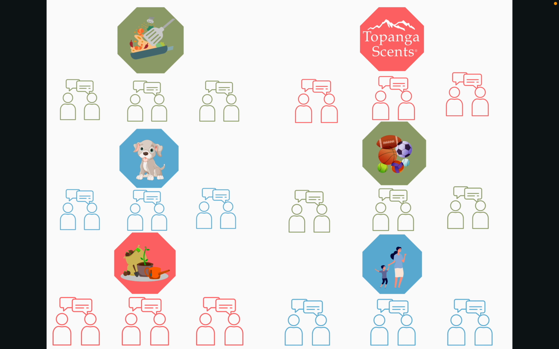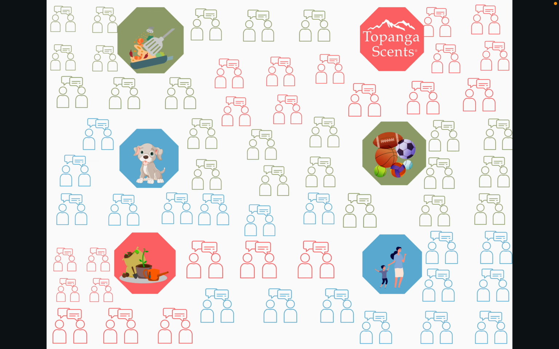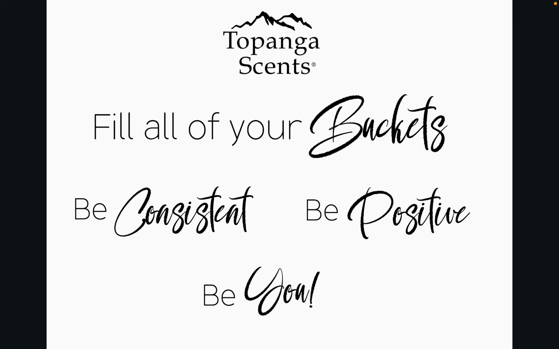And you're more likely for your page to look like this. But you might be looking at this. And of course, these images don't necessarily represent one or two people. For you, if you already have a very active social media page, each image might represent 2 people or 10 people or 100 people, depending on how much of a following you already have on social media. But you might think, well, I want mine to grow. How can I do that? Well, humor is the way to do that. Humor and relatable content is the way to do that. And you can take it from looking like this to looking like this. Just by filling all of your buckets, by being consistent, being positive, and by being you.